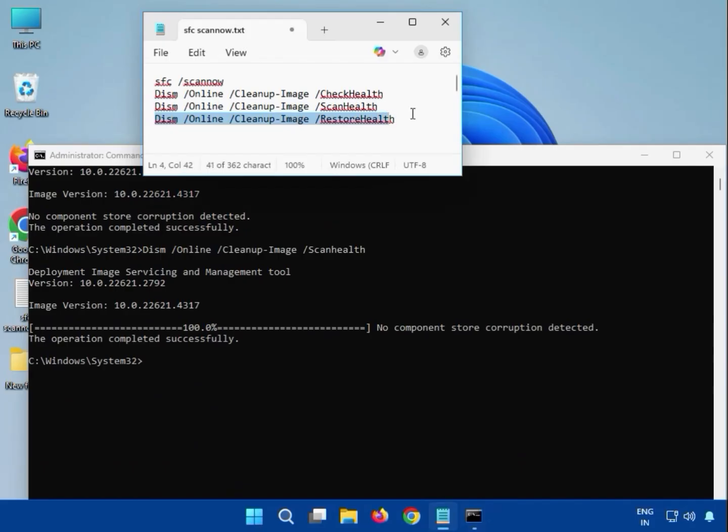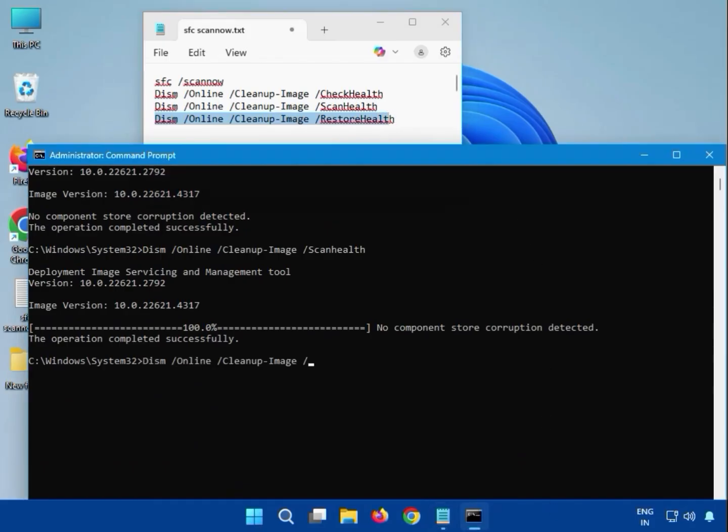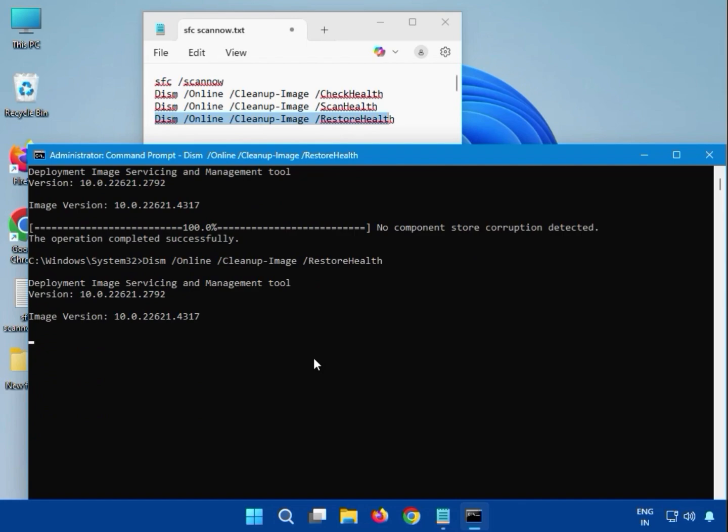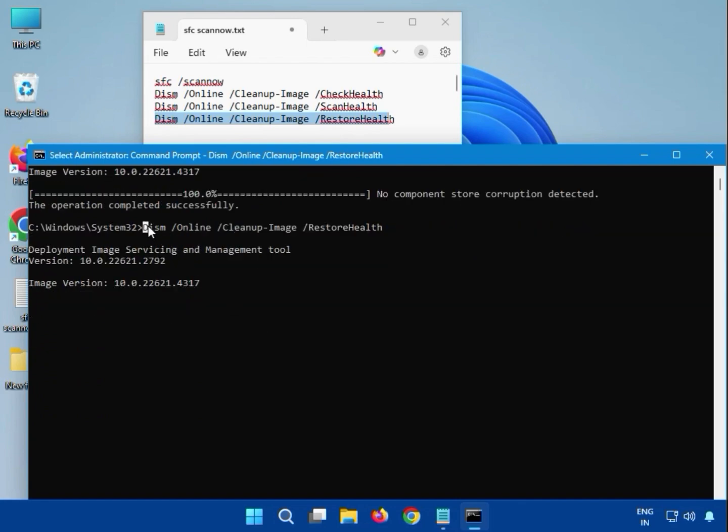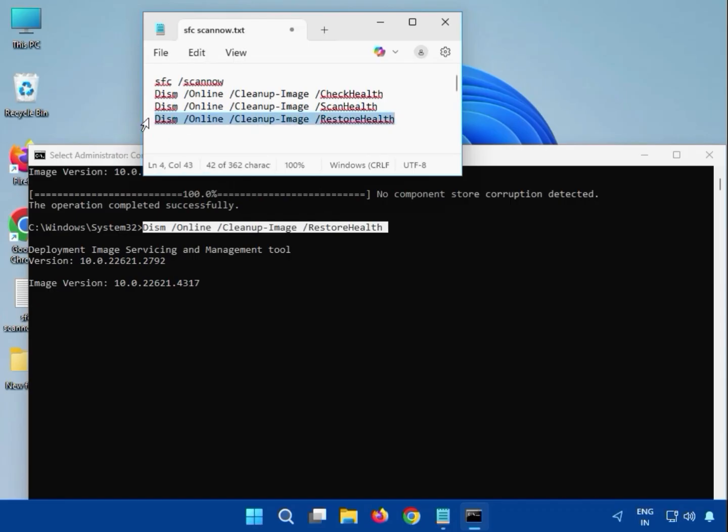Then guys, fourth one, which is restore health, you can see here we can enter like DISM and all, and please note small and capital. Okay, restore health, and then hit enter. Again guys, you have to wait. Okay, it starts the percentage, it will complete. After that you can see here